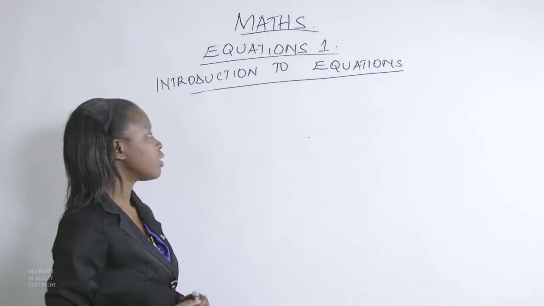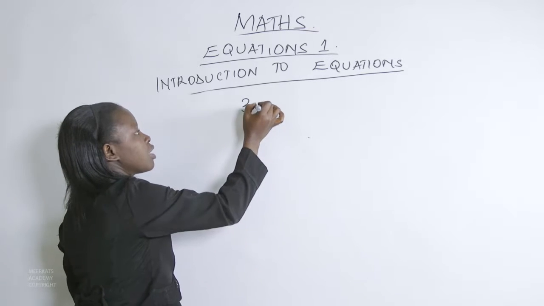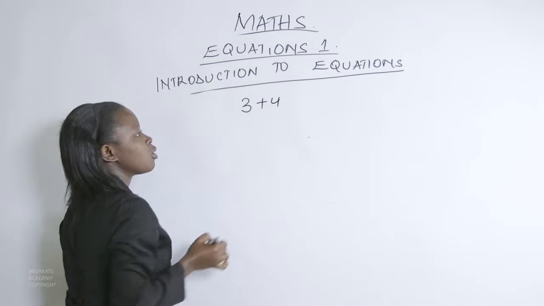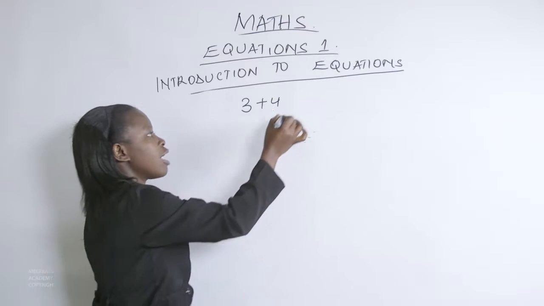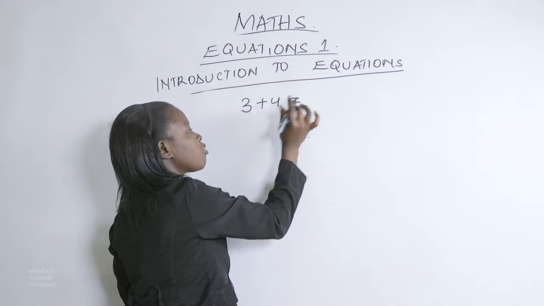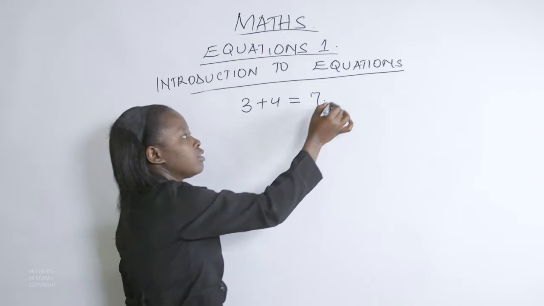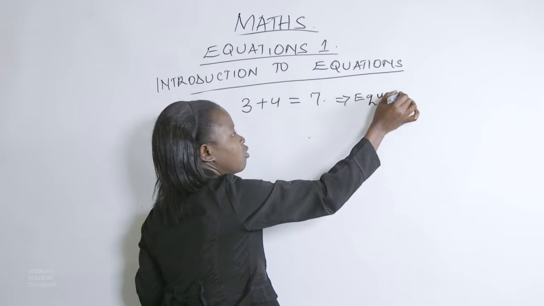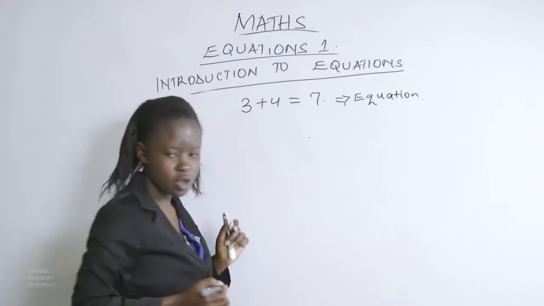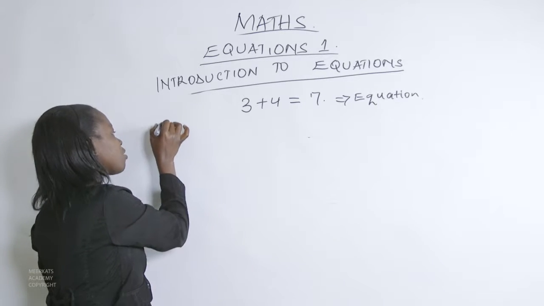So we've already said that when I have 3 plus 4, then that is an expression. If I have 3 plus 4 is equal to 7, then this is not an expression, it is an equation. So we need to find out what is the difference between an expression and an equation. We are simply saying that an expression